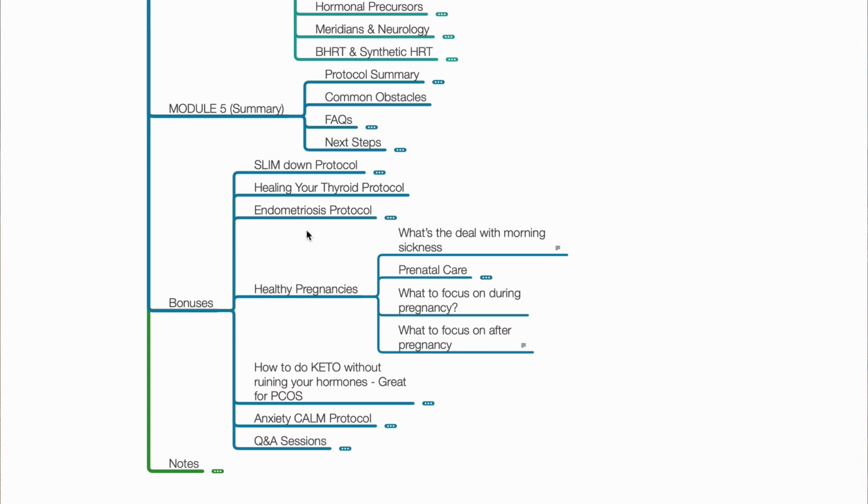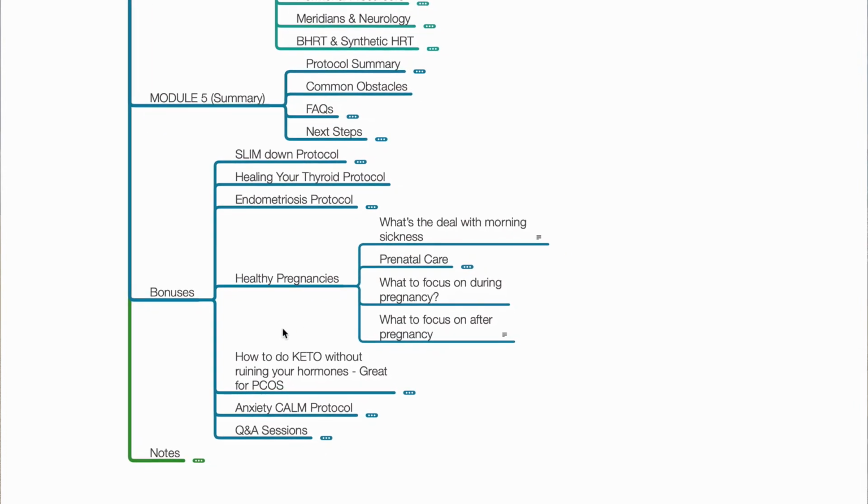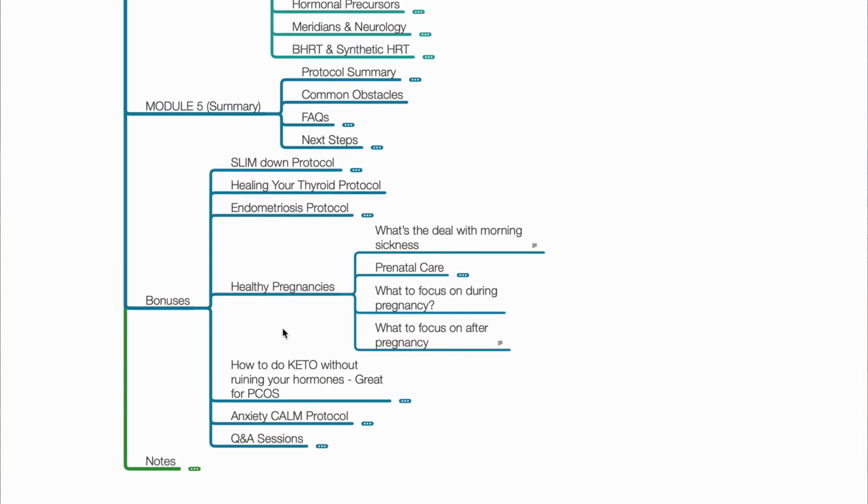There's my endometriosis protocol, and then a big one for a lot of women and men too. By the way, let's not skip over the guys, because even pregnancies affect guys as well. You may not be carrying the babies, but the stress and the imbalance in your circadian rhythms that happens pre and post pregnancy affects both mom and dad.